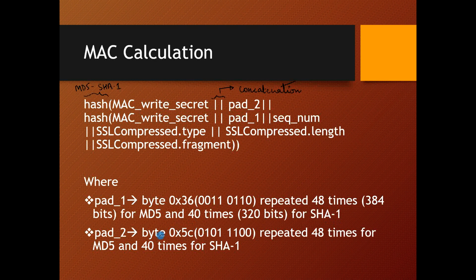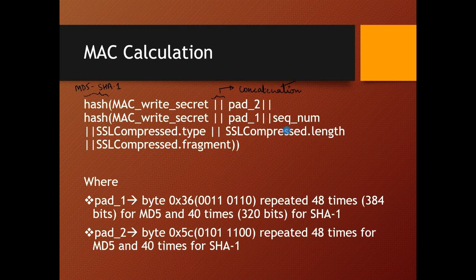Pad 2 is the byte 0x5c, corresponding to this binary number, which will be repeated 48 times for MD5 and 40 times for SHA-1. So basically pad 1 and pad 2 are nothing but the padding bits that you are going to be adding to the code. Seq num basically stands for the sequence number for the message.